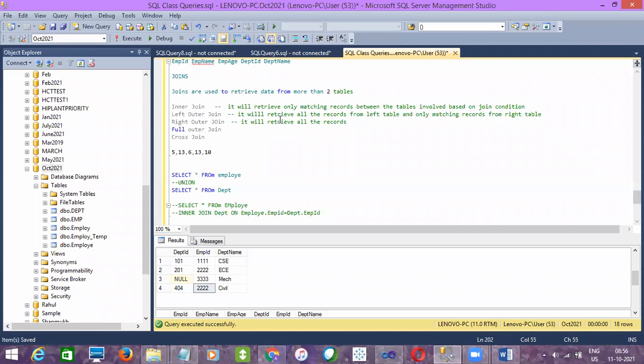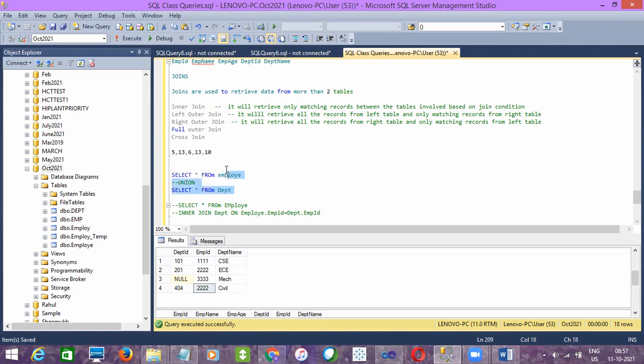So it will retrieve all the records from the right table and only matching records from the left table. Right? So now it is the opposite of the left table. Right outer join. It will first retrieve all the records from the right table and only matching records from the left table.